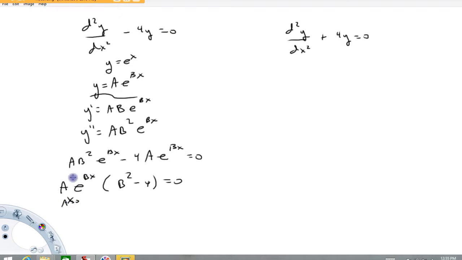e to the bx isn't 0 for any values of x. So the only thing left here is this, b squared minus 4 equals 0. And it's not too hard to show that the solutions of that are b equals plus or minus 2. Now, when I compare the functions y equals e to the 2x and y equals e to the minus 2x,